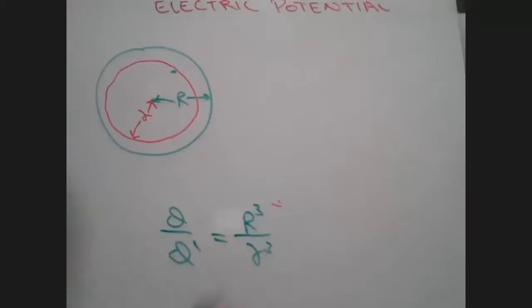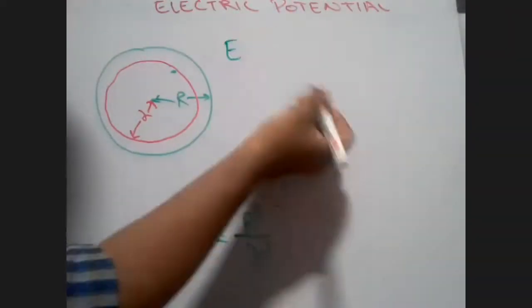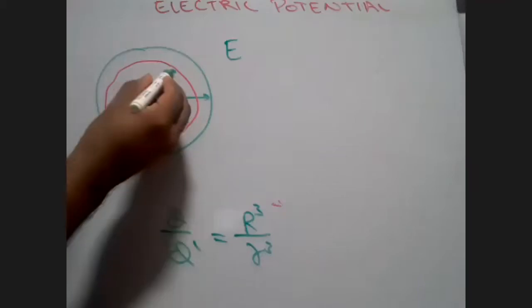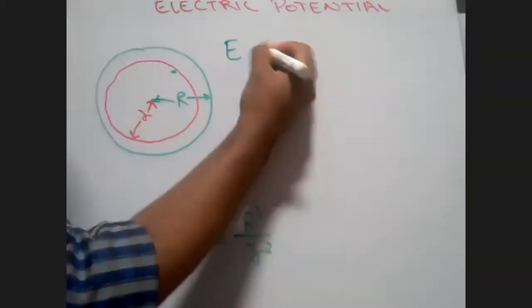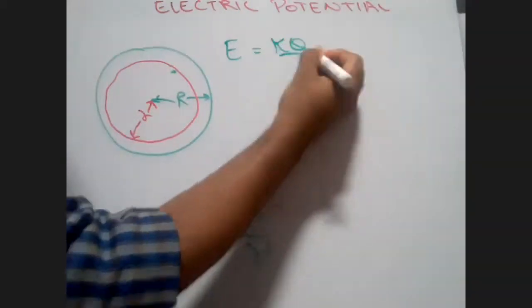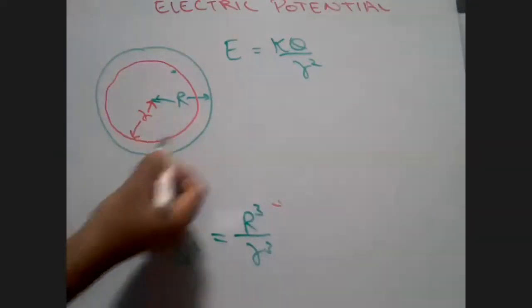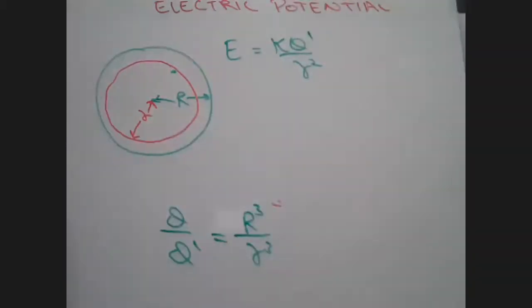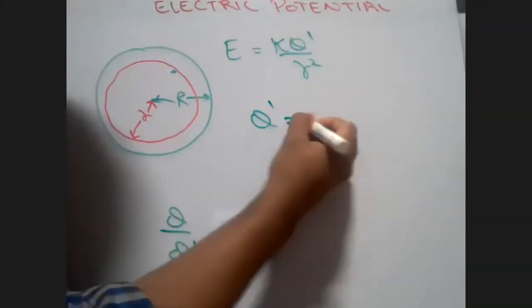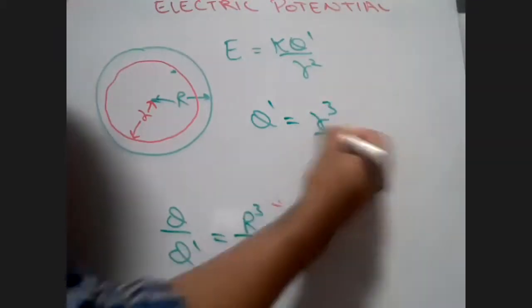Now I can directly find out the electric field intensity. What is the electric field intensity at a point P going to become? I know kq upon r square. But which q? Inside I have taken a Gaussian sphere, so q dash, the charge enclosed by the Gaussian surface. Instead of writing this, I can write q dash is equal to q small r cube upon capital R cube.